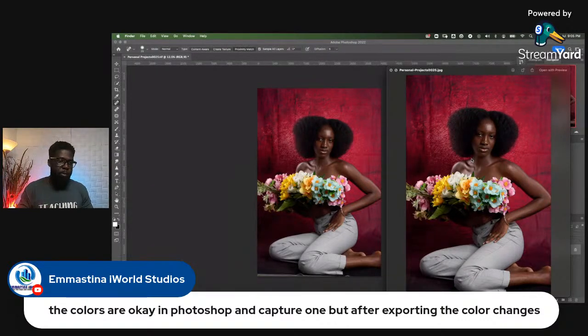So if you're having the same problem, you can join using the link I've posted in the chat. Then we can go through together. So we solve your problem. As I said, a lot of people go through this. They have nice colors in Photoshop, but once they export the images, the colors just drop. Some say the colors get washed away, which is true because of the settings. And I did a couple of videos on how to export for social media. But then if you have your profile mismatch,